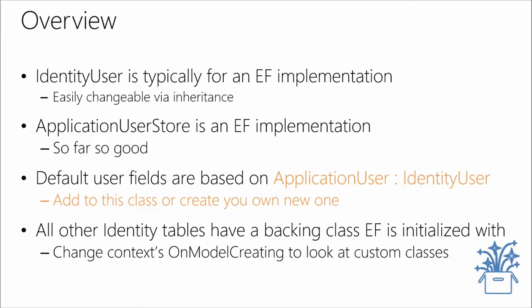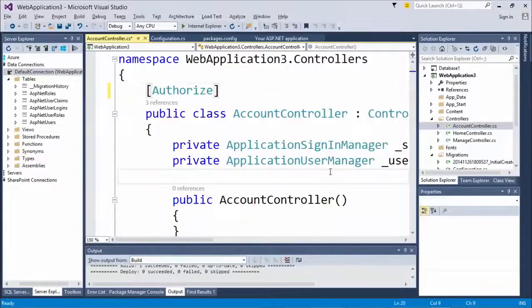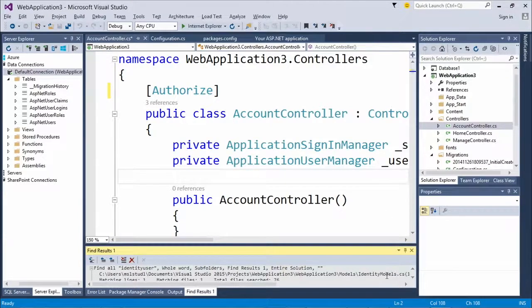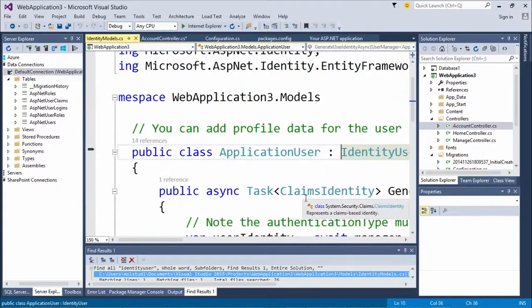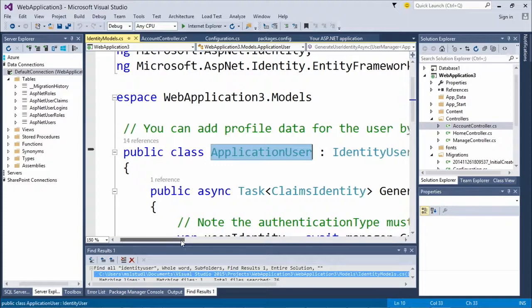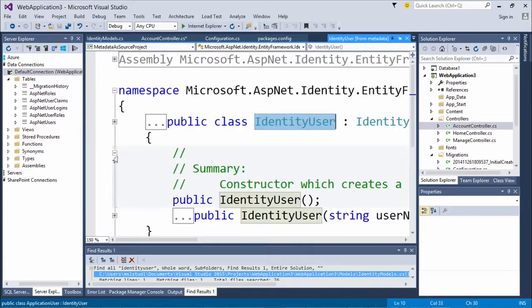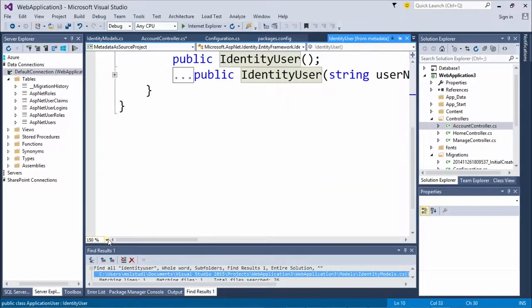Now, all of our default fields happen to exist on identity user. We saw that too. We looked at that identity user class. In fact, let's go back over. I'm going to close out web forms here. Go to our identity user class. I'm sorry, our application user class, which inherits from identity user. And let's look at that class, identity user. If I expand this out a little bit,